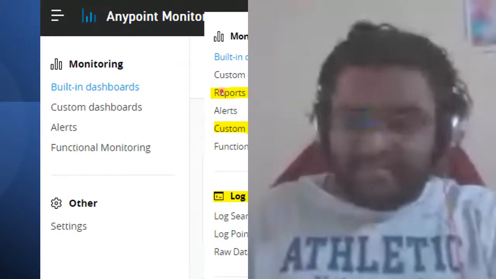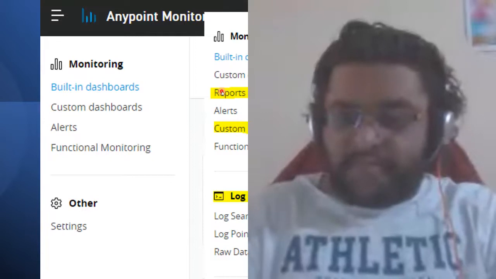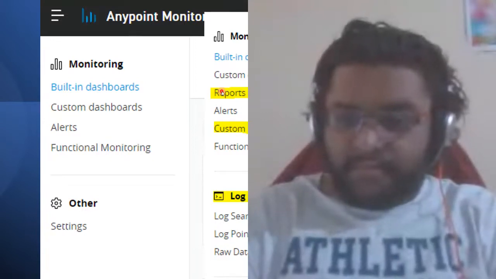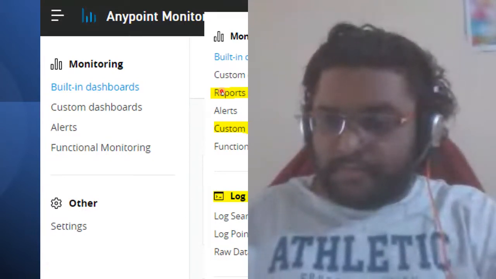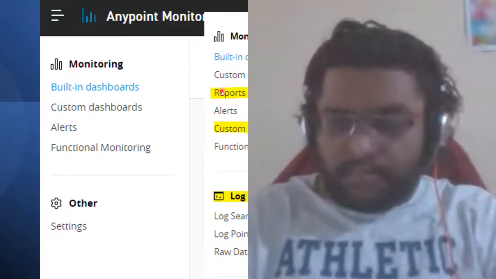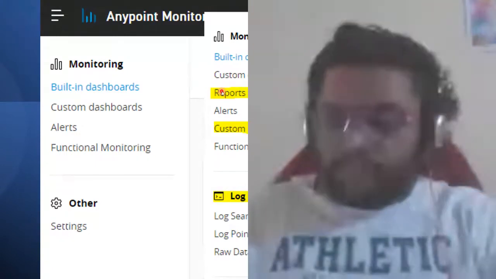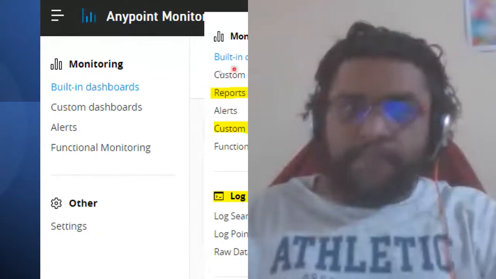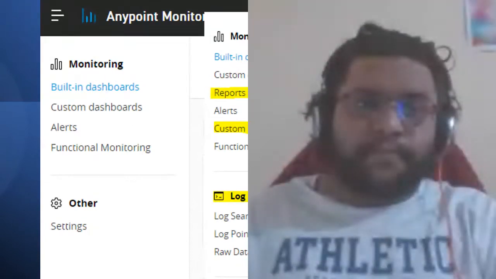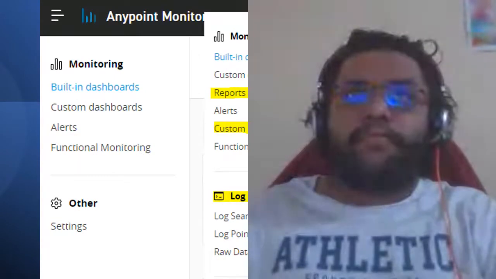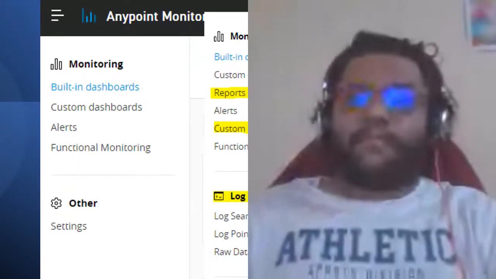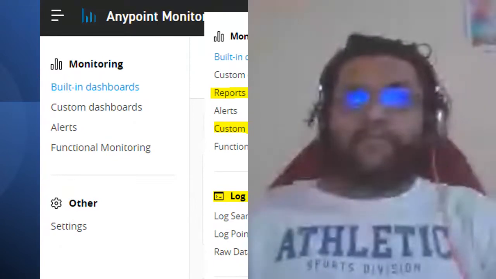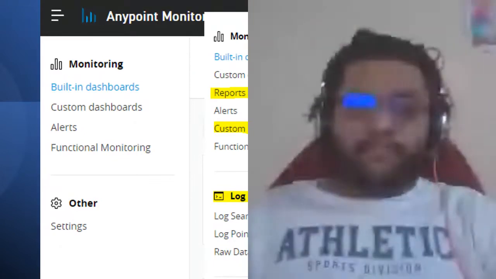Thanks. So like you can see on the right side, we have a few more features provided in the Titanium version, which are the report section, the custom metrics, and the log management. So we can see quite a few differences between Gold and Titanium. There are also certain differences in each of the tabs. For example, we have built-in dashboards that we will see in later slides. In the built-in dashboard as well, there are additional features available in Titanium, like the flow chart analysis, the connector analysis, or the data retention.